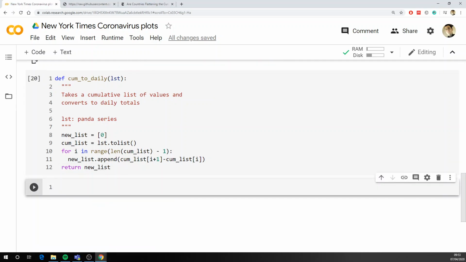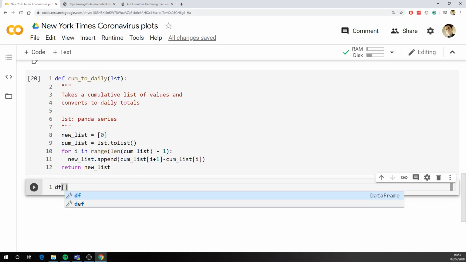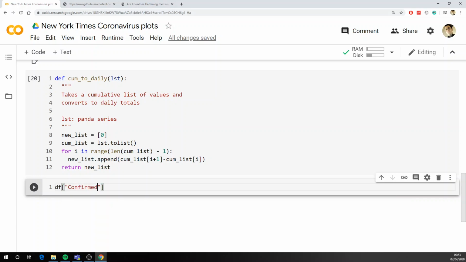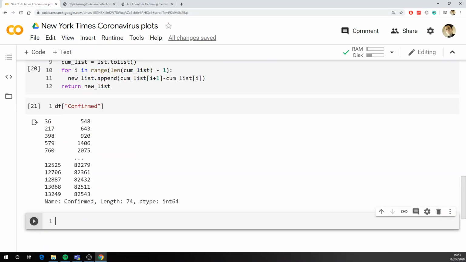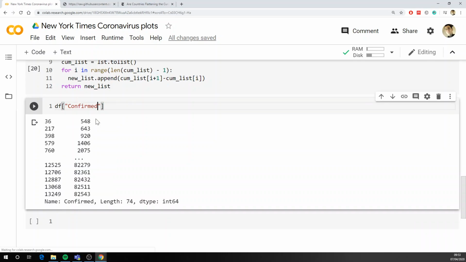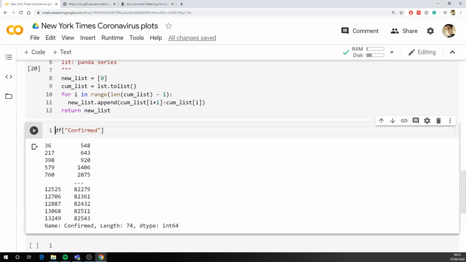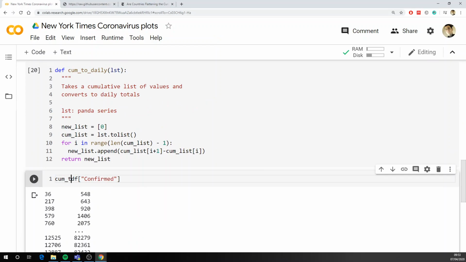So let me show you what happens now. Let's take one of our data series. If I take a look at df confirmed, I run that. Okay, so I've got this data series. These are the indexes here, but these are the number of confirmed cases on a daily basis. You can see they're increasing, but they're only going up because they're adding the number of daily cases to the previous row. So what should happen if I run this function now, which is called cum to daily,